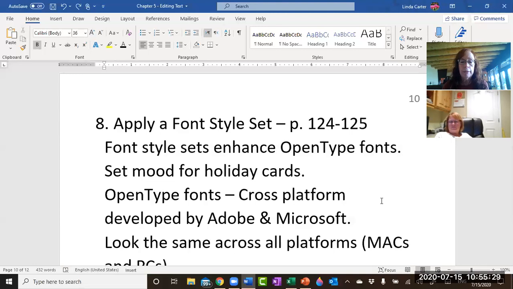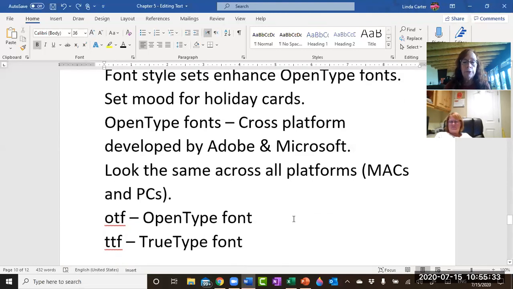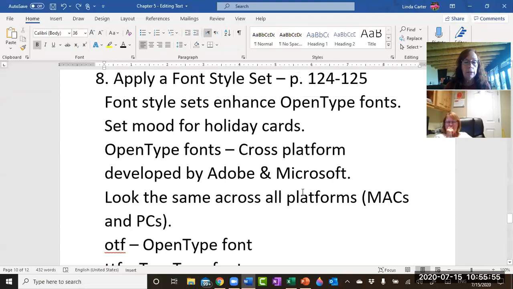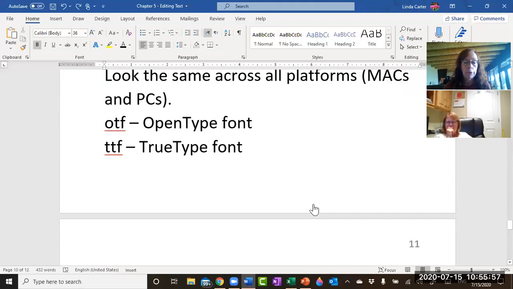Well, these open type fonts do, okay? And anytime you see something that says open type font, it's OTF, and the true type font is going to be TTF. Okay, so true type fonts you used to hear about a lot, kind of in the olden days. The open type fonts are a little bit newer. I'm not going to go into a whole lot of detail on all this, but what we're going to do is